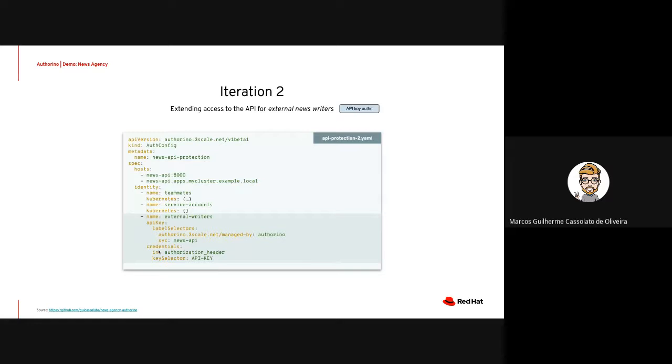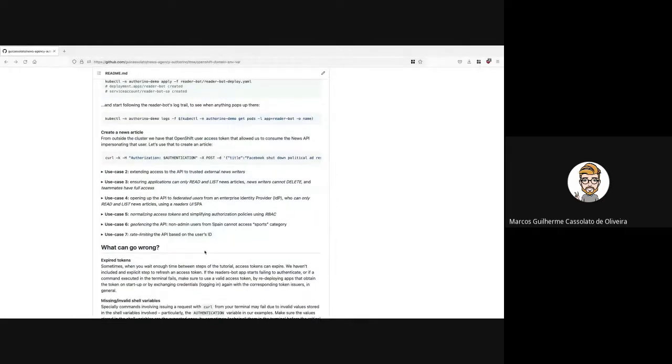The only extra bit of configuration that we are adding here, we didn't have to, but we are, is that in this case, instead of passing an API key in the authorization header as bearer and the value of the API key, the key selector will be API key. So it will be authorization header, API key, and then the value of the API key. Okay? So let's deploy